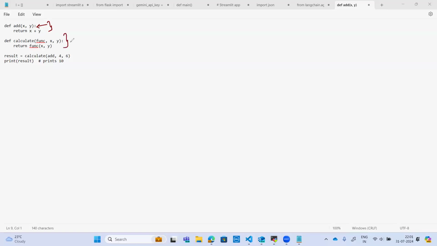Now here you need to understand. Here I'm creating another function, calculate, and I'm passing 3 parameters. Func, just understand func as one parameter like x and y. And what this is returning,